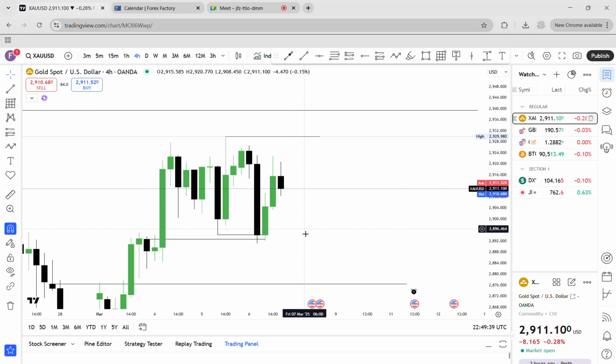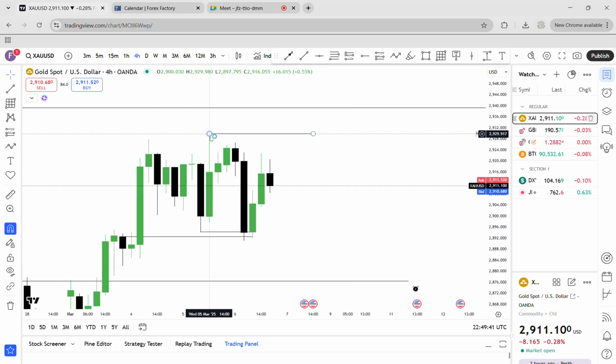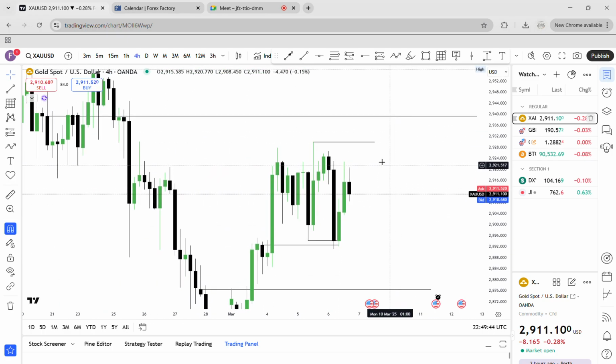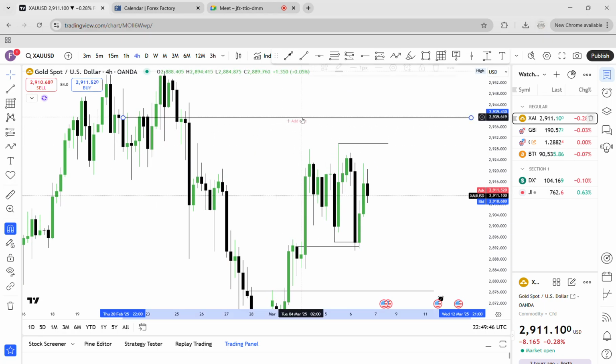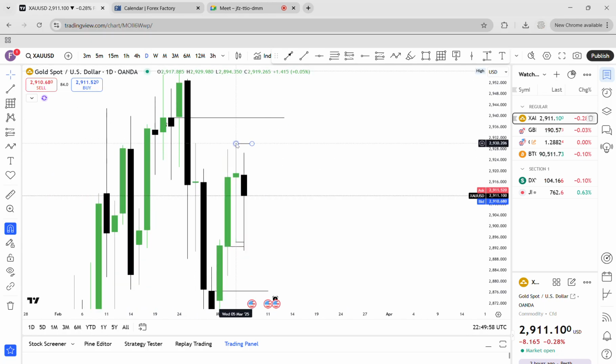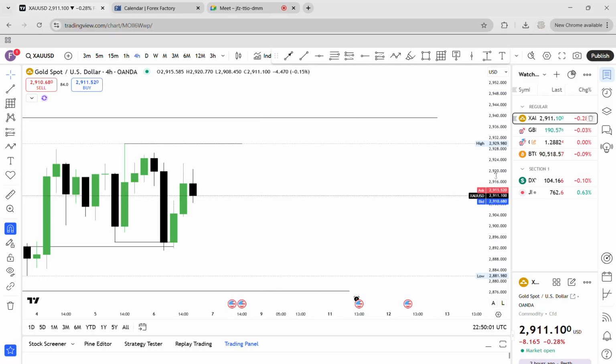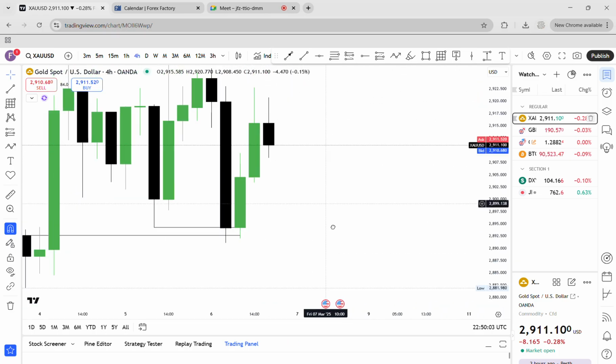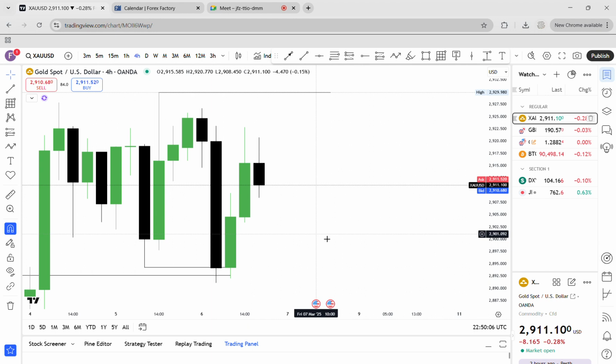Okay, so where is the opposite liquidity? This high. And in that opposite liquidity, where is the higher time frame point of interest? This area is the higher time frame point of interest. Opposite liquidity, previous day highs. So we have two previous day highs right now, this and this. So market is going to open, right? This is the narrative I was teaching in the last classes we had. This is the narrative I'm going to show you guys, how you have to think when you are trading,